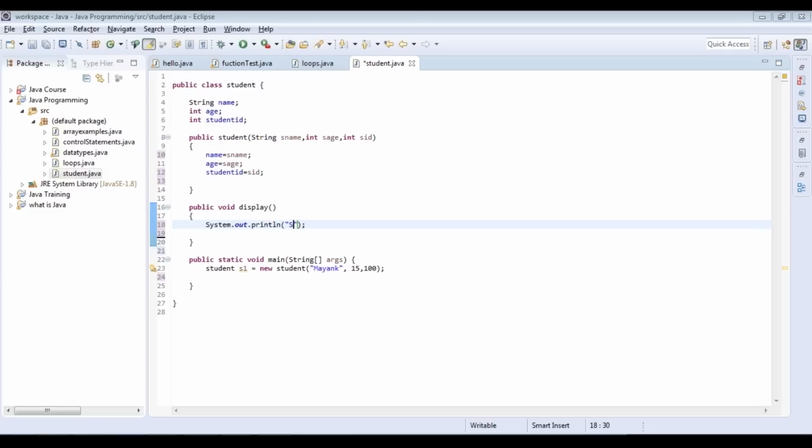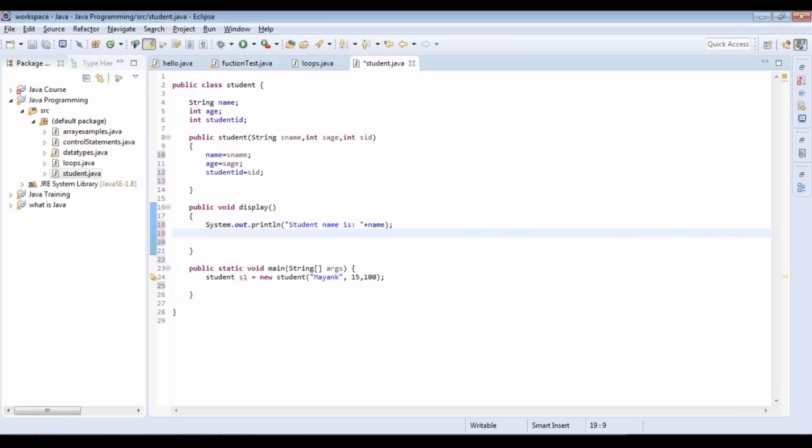and let me say the student name is the colon, and then I had mentioned to you earlier, if you want to print something with a string, always put a plus symbol. And then I need sname. I need to print the name value. Alright, so again I'll just copy the statement, the age, and then you have the student ID,